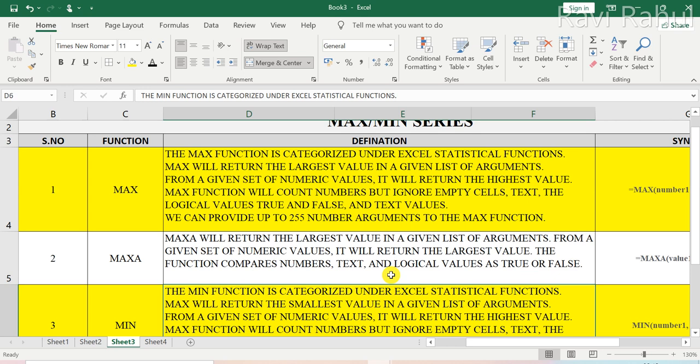That is, the MAX function could only return numerical data, but MAXA will also include the logical values and the text values. What it will ignore is only the empty cells. So let's see this by an example.